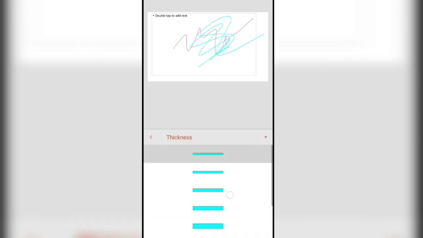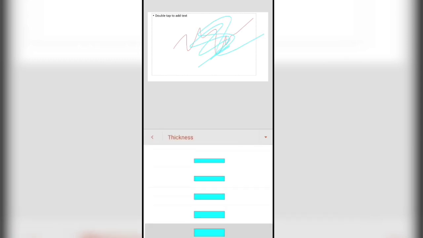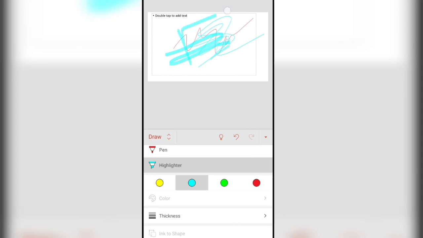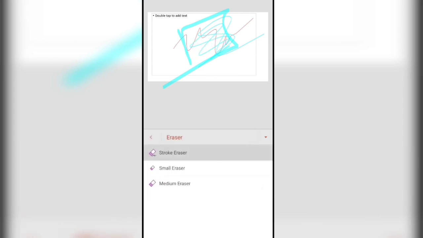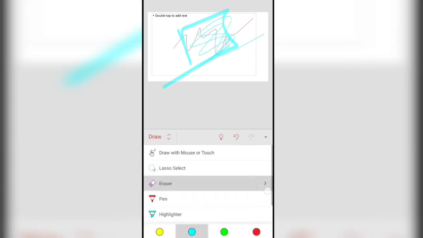You can change the thickness of your highlighter if you want it bigger. Then you have an eraser, and also in eraser you have sizes, small eraser, medium eraser. So yeah, you can erase it. So this is how drawing toolbar works.